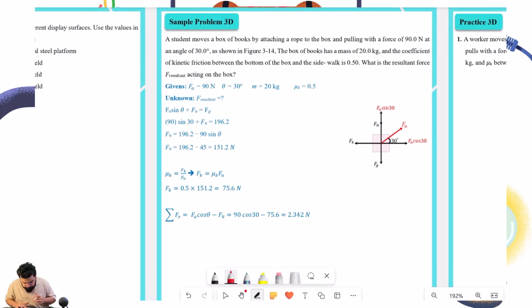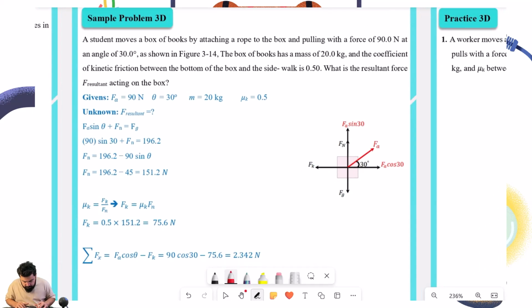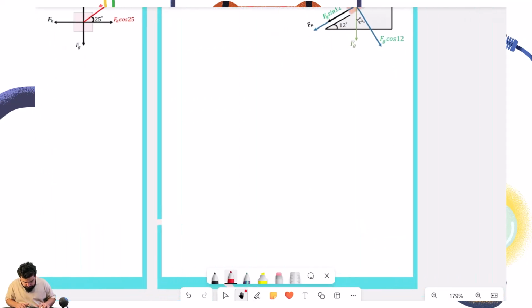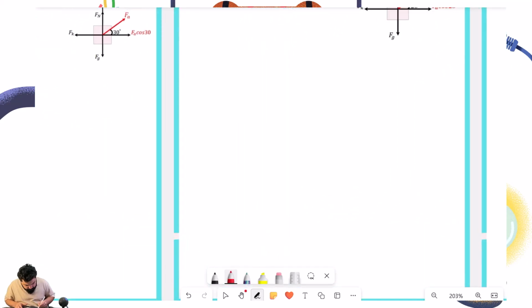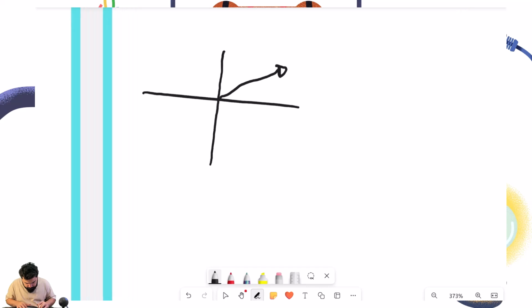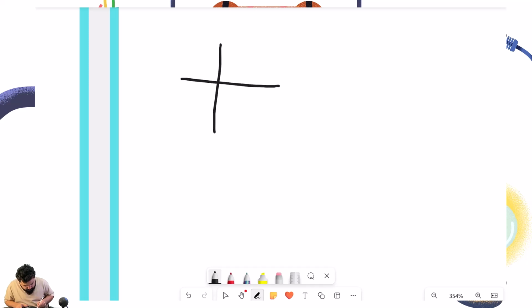It says you have a student that moves a box. Okay, I'm going to do this here. You have a student, he moves a box, using, let's do this better. So you have a student, he moves a box and he uses a force of 90 Newton at an